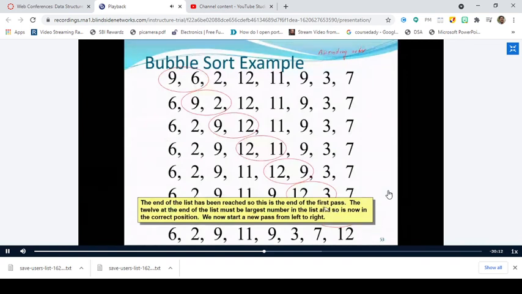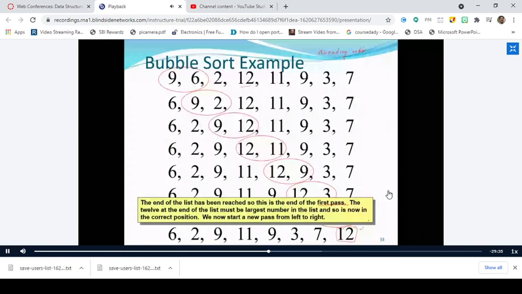So at the end of first pass, what happened is the largest element in the given list of elements, which is nothing but 12, is pushed to one end of the array, and that particular 12 is in the correct position right now. Is it right or not? So the largest element should always be at the rightmost part. So we try to move the largest element to the rightmost part, and we are successful in moving the element to the rightmost part after the first pass. Now you go for the second pass.